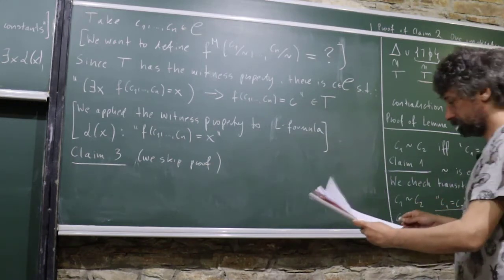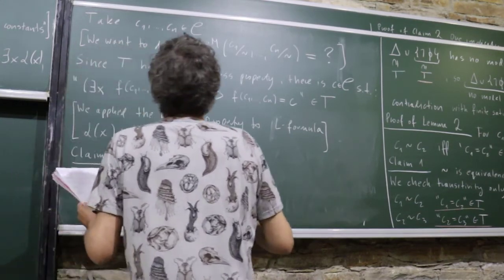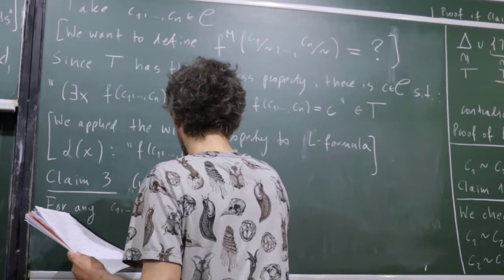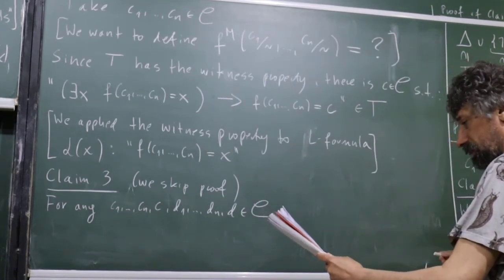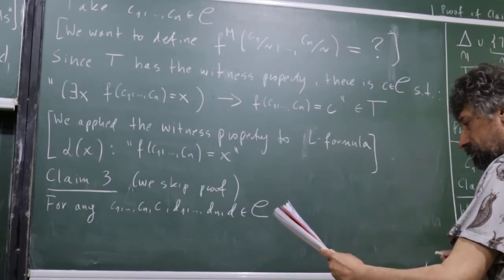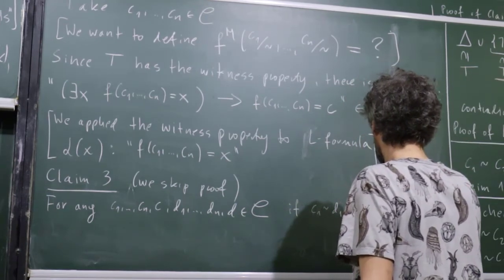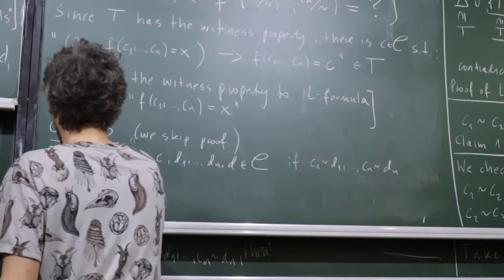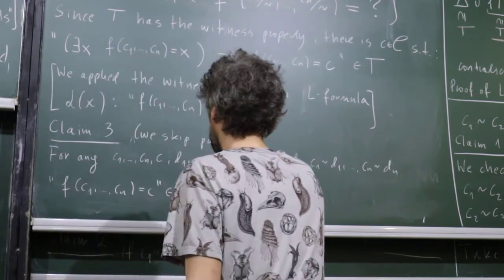So for any C1, ..., Cn, D1, ..., Dn, D in C, if Fc1...cn, C is in T, and